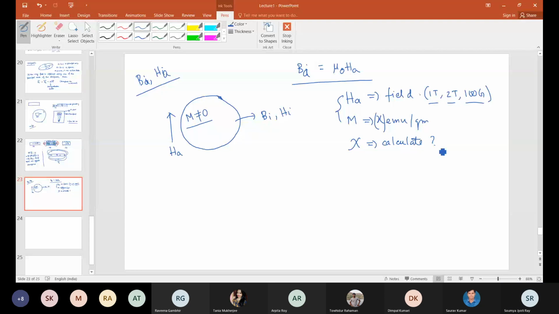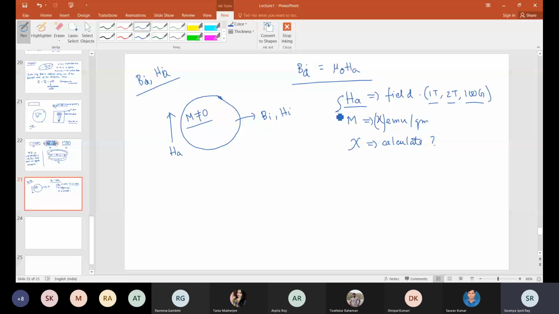Yes. But what I am trying to say is that this is not exactly correct all the time, because this Ha, which we think of as the external magnetic field, is not the correct field that the moments inside this material are experiencing. The field inside the material is different from Ha. So it is Hi, and Hi is not equal to Ha.